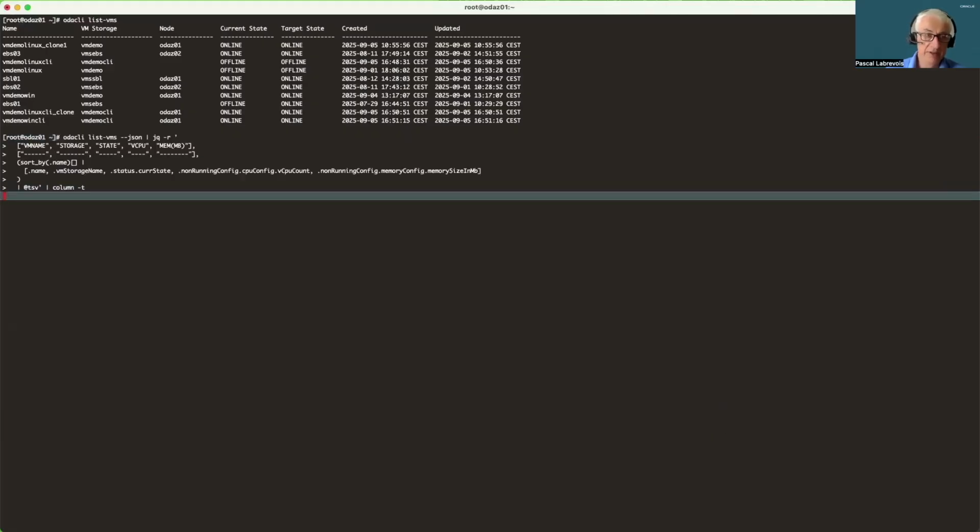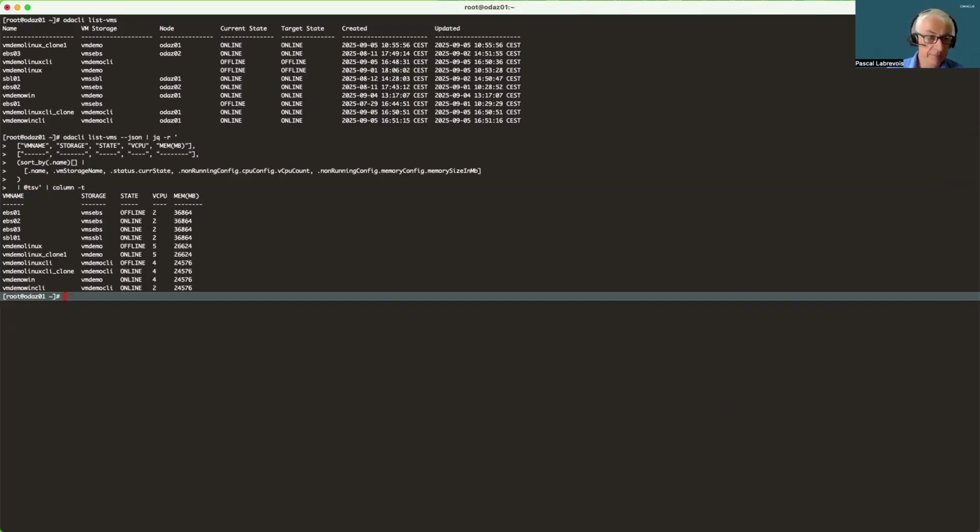So you can run the command with a -json parameter to get the display in JSON format, so that it can be formatted better, like I do here, so that I can display the VMs in a sorted way, which I like better.